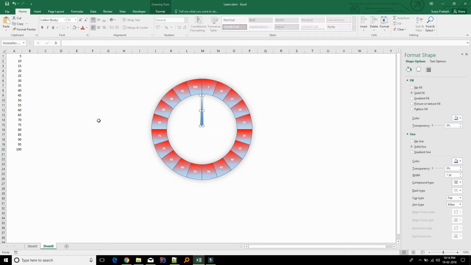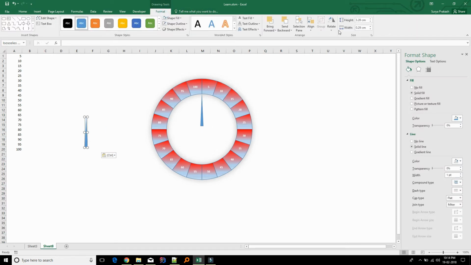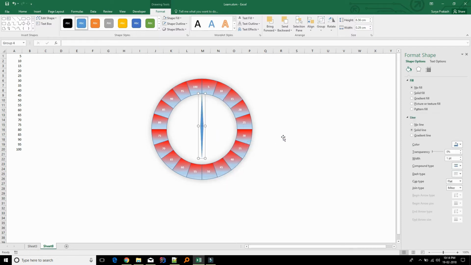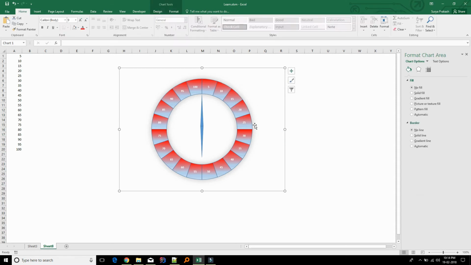I'm going to copy paste this one more time, twice, and attach this with that. Select both the things, right click, group it so that it will not move,